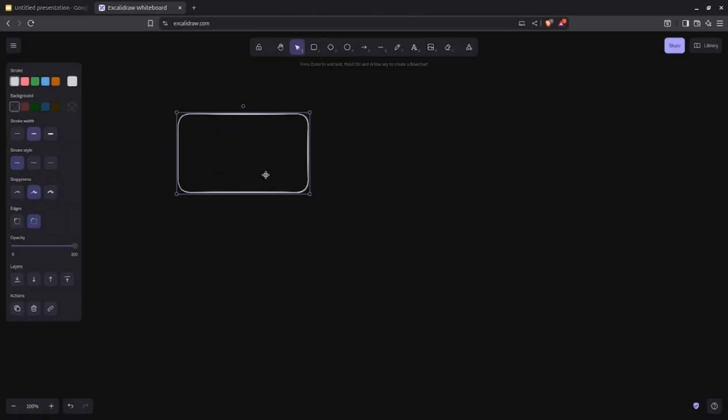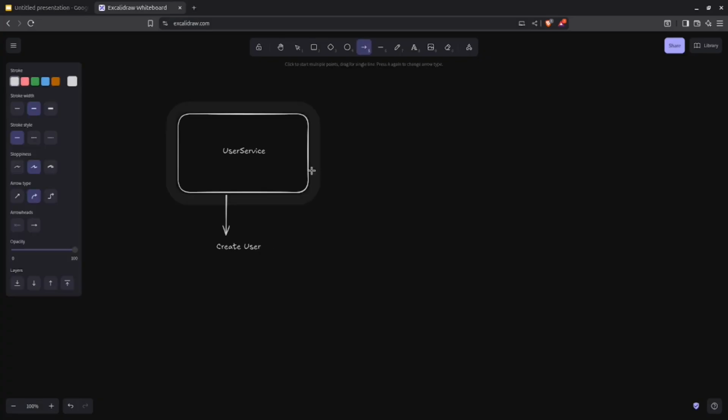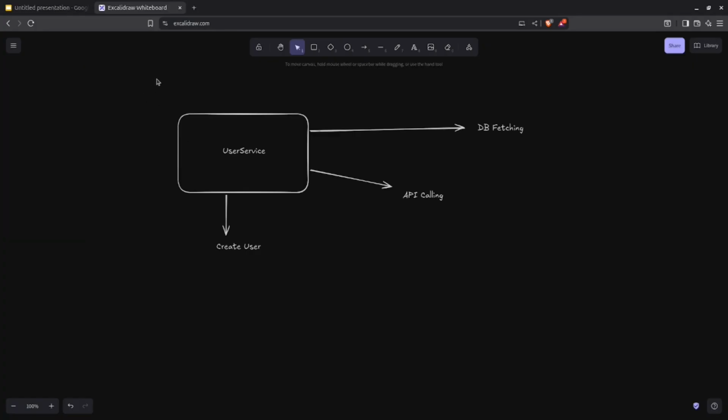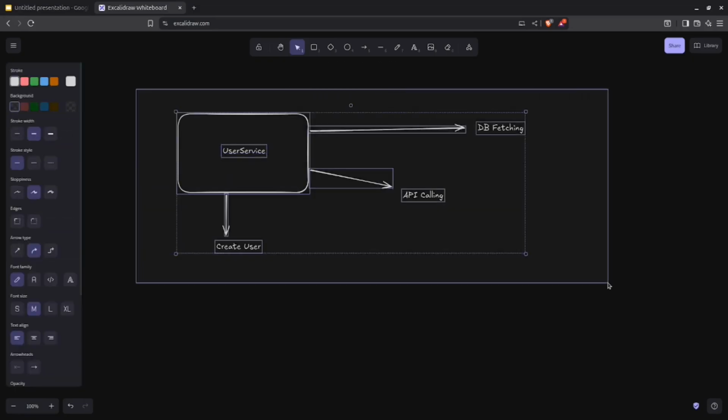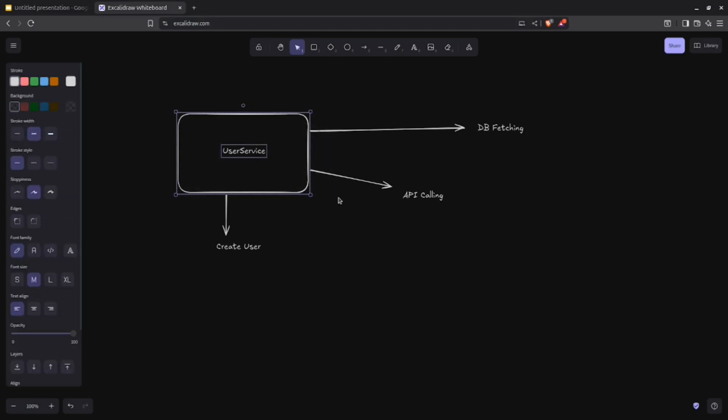Let's say I have a class called UserService, and I have several functionalities. The first functionality can be for creating a user, another can be API calling, and another can be database fetching. Now, if I tie all these functionalities to a single class, then this violates the single responsibility principle. If I have a class, then this class should only be responsible for doing one